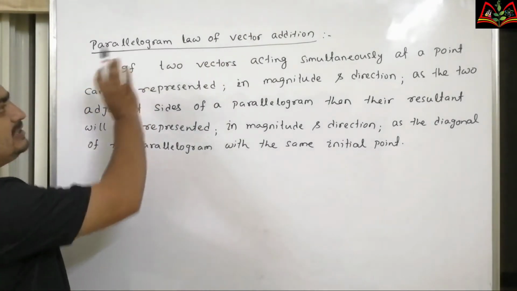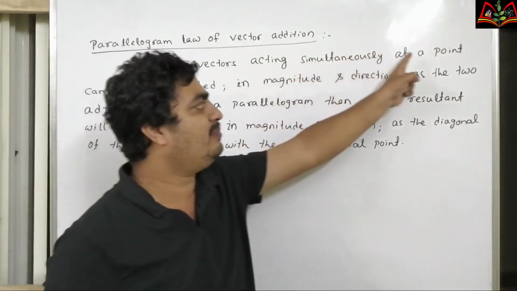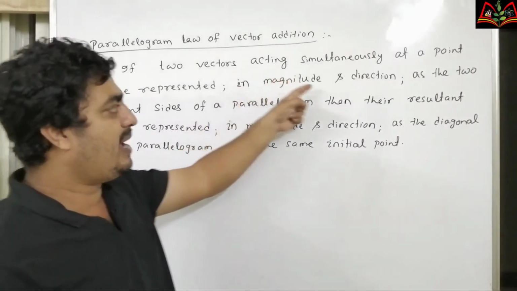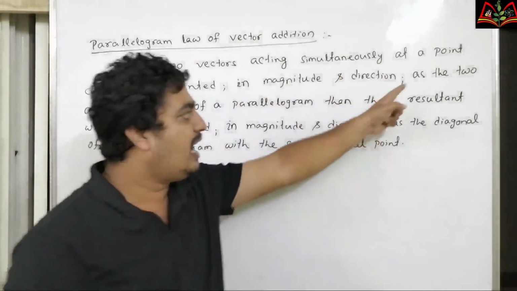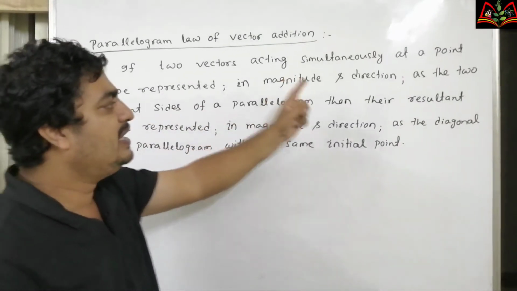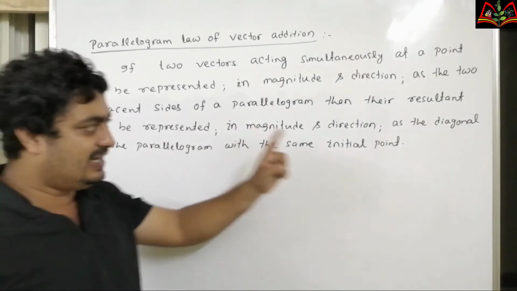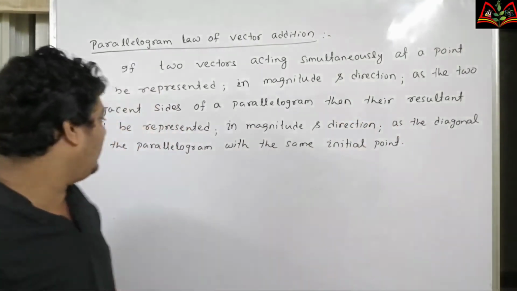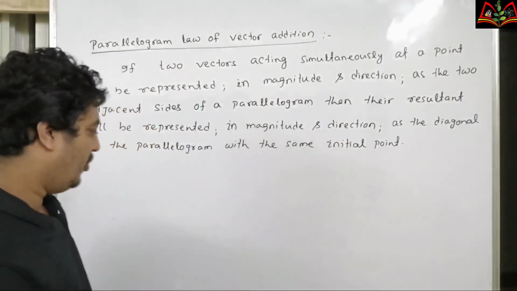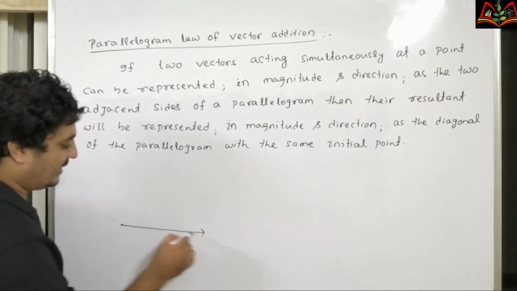So what is parallelogram law? If two vectors acting simultaneously at a point can be represented in magnitude and direction as the adjacent sides of a parallelogram, then the resultant will be represented in magnitude and direction as the diagonal of the parallelogram with the same initial point. So let there be two vectors